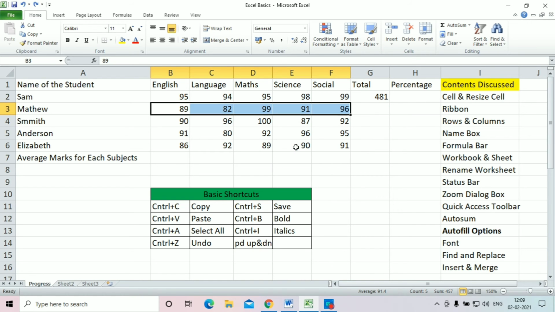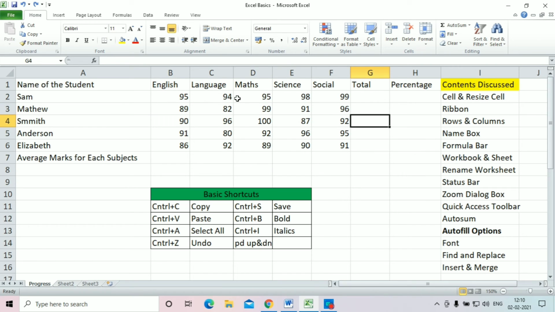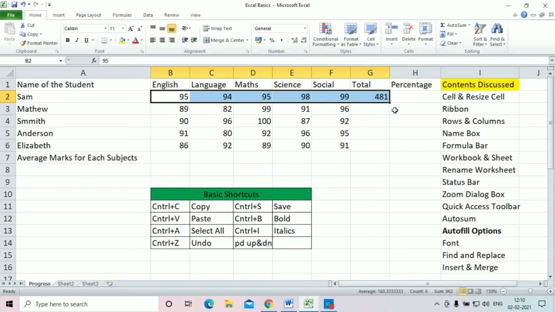As you could see, let's try one using autofill options. So basically you need to fill all these total marks scored by every individual. So let's do one thing using autofill. Select the rows and columns which you want to add and click auto sum. It automatically adds over here.